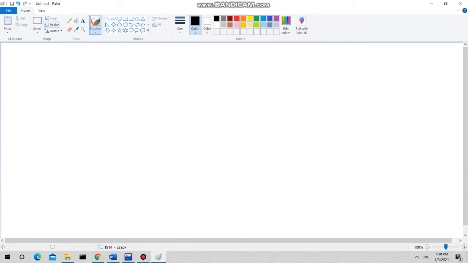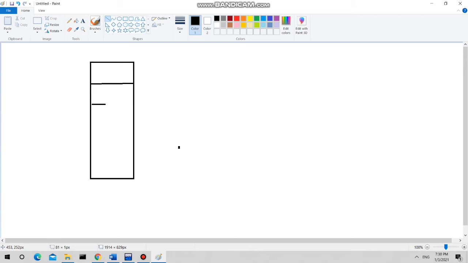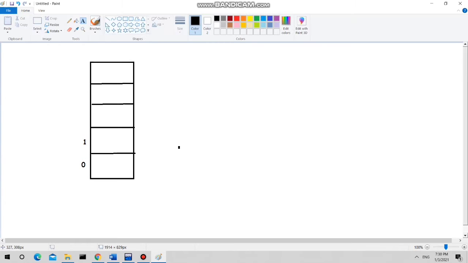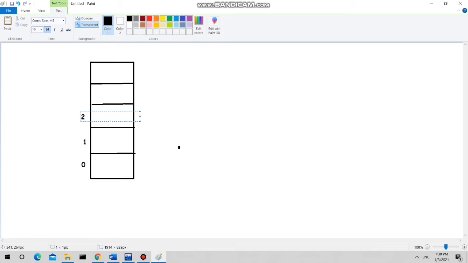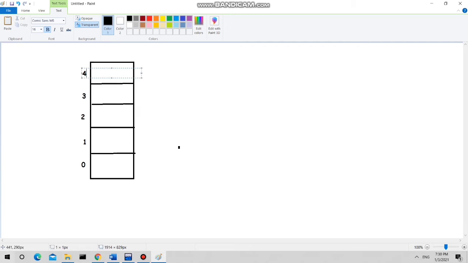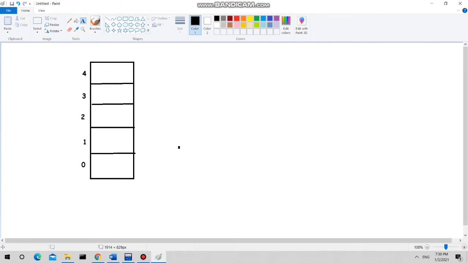So consider, suppose this is my stack of size 5. The size of this stack is 5. As we are implementing this with an array, you know that the array index starts with 0 and it ends at size -1.